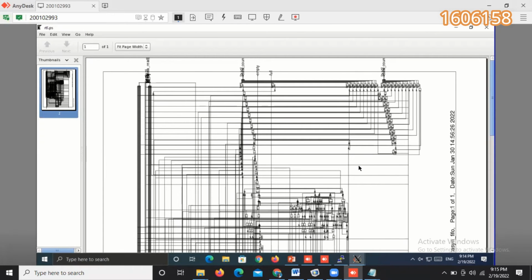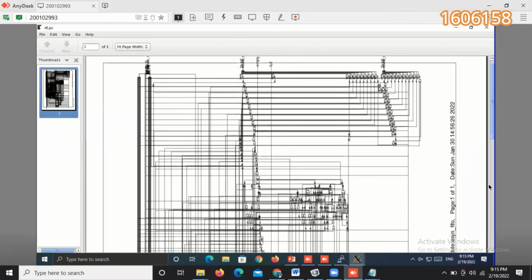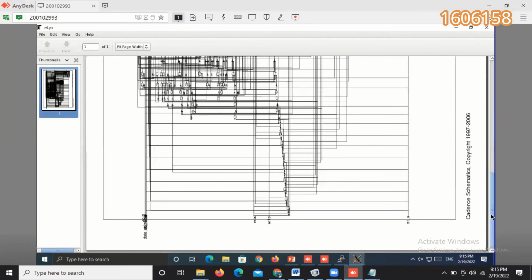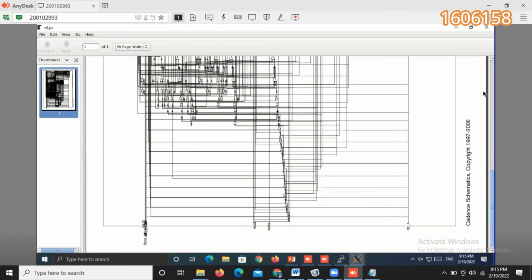Here we can see our RTL synthesized file. The summary report says that it has almost 31,000 gates. And if we zoom in,